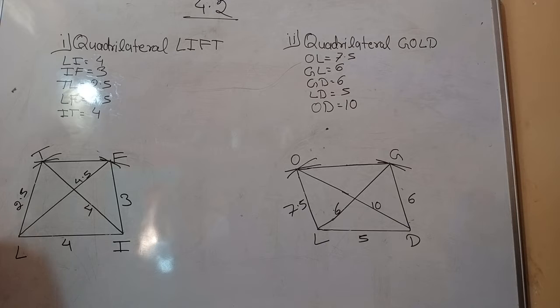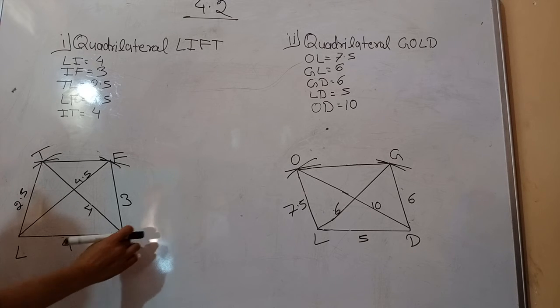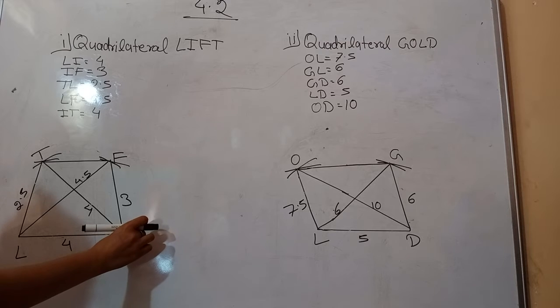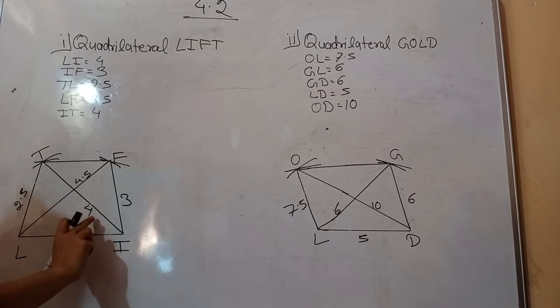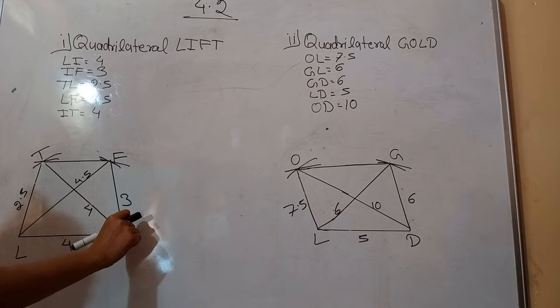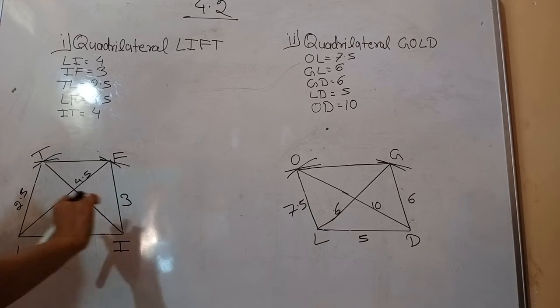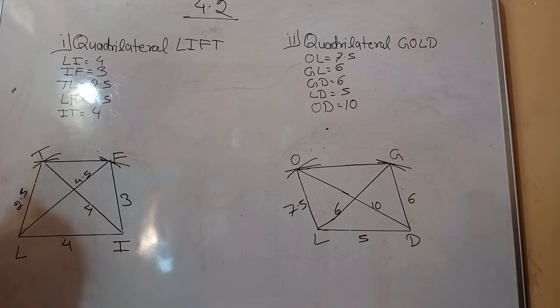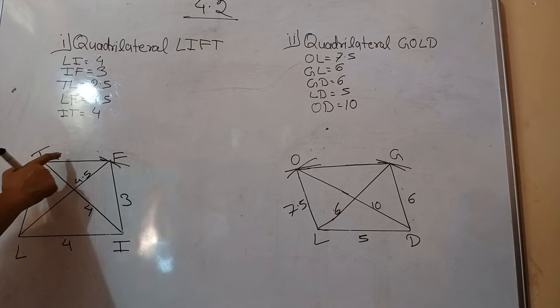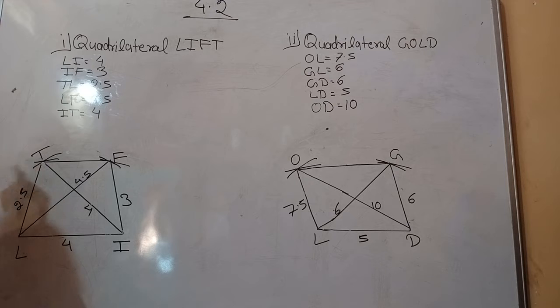The next step, with center I and radius 4 centimeter, we have to cut an arc. So we will put our divider on I, taking radius 4 centimeter. See here it is written, IT is 4 centimeter. We will place our divider here and cut one arc like this. That will intersect the previous arc, and name the point T. The first arc and the second arc intersect each other at point T.